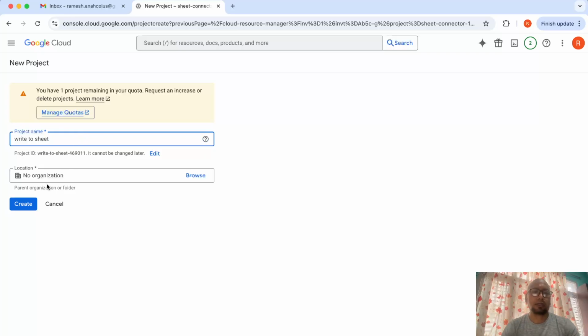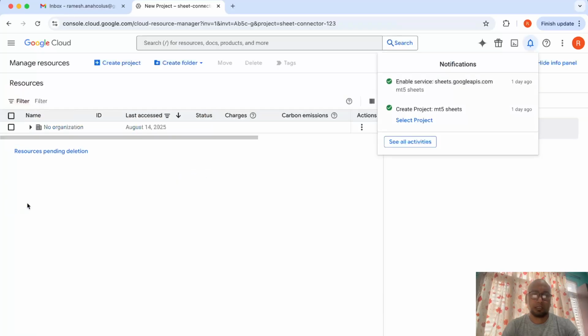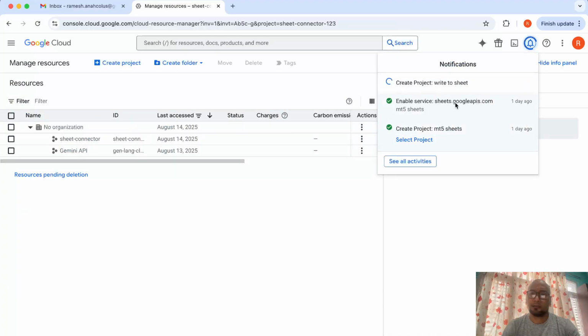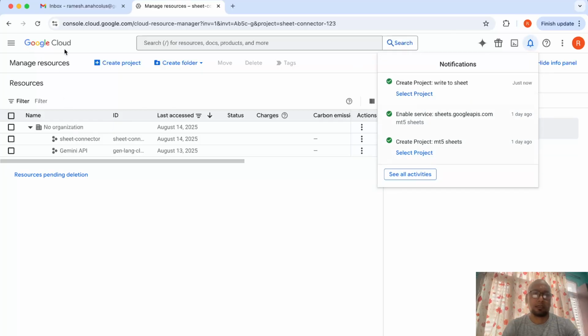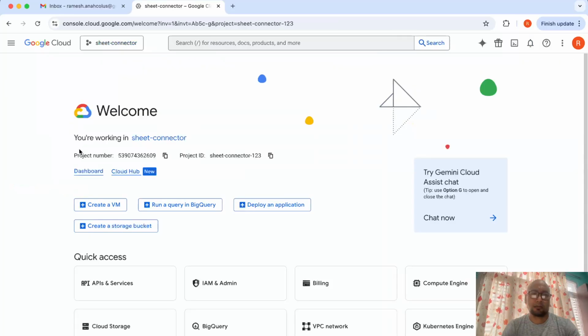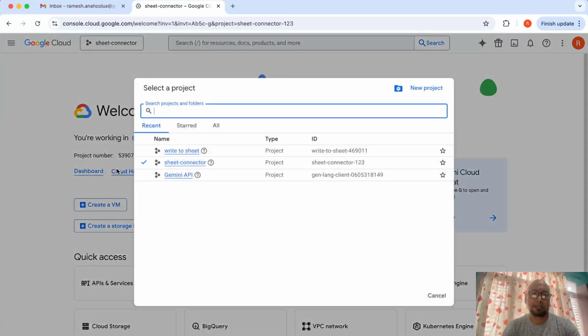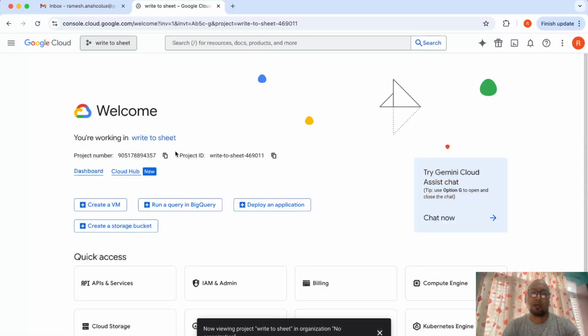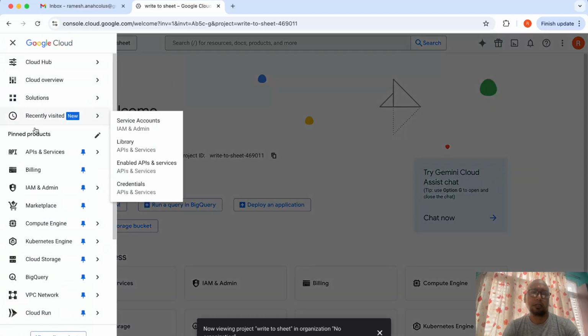I don't have an organization. If you have an organization, you can choose one. Let's create it. Okay, so the project is being created. Then you can select write-sheet in Google Cloud. Is the project selected? Then what you need to do is, you can do a lot of stuff with Google Cloud console,